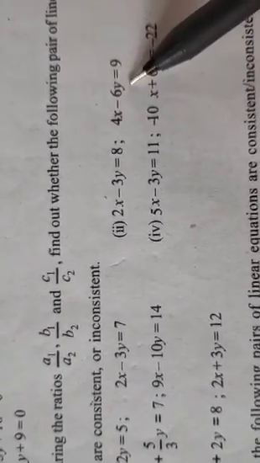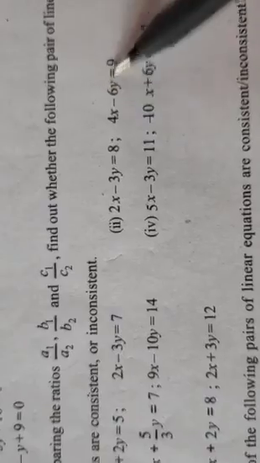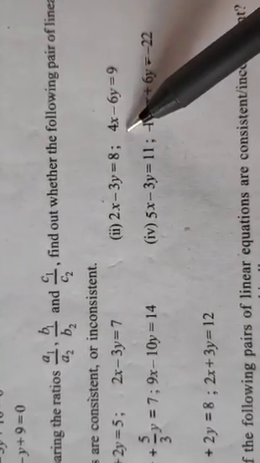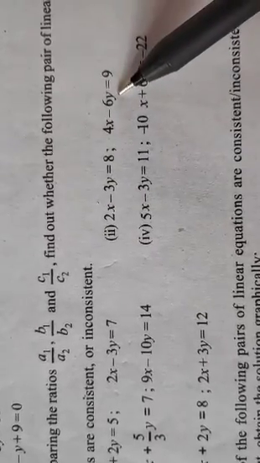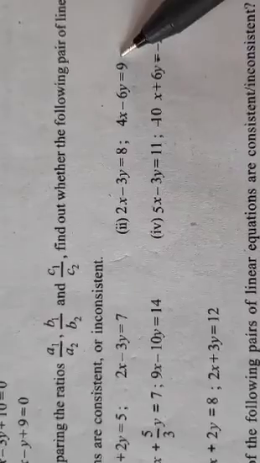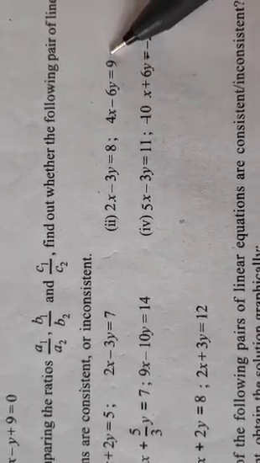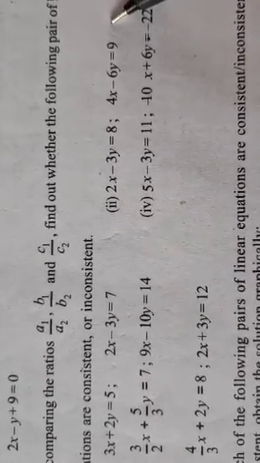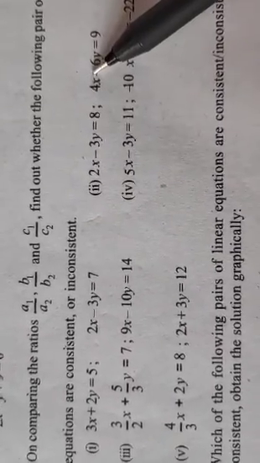In this case, 2x minus 3y, sorry, 2 doesn't come out common. This will remain as it is. But here you will find that 2 upon 4 and minus 3 upon minus 6 are equal. a1 upon a2 and b1 upon b2 are equal. But c1 upon c2 is not equal. तो कौन सी कंडीशन में है ऐसा? Yes, when the lines are parallel, मतलब inconsistent.